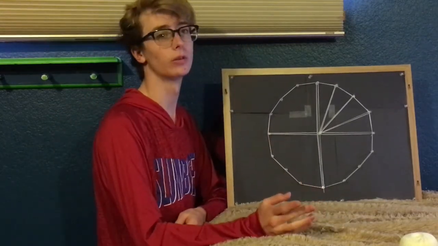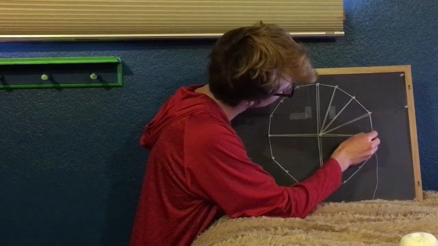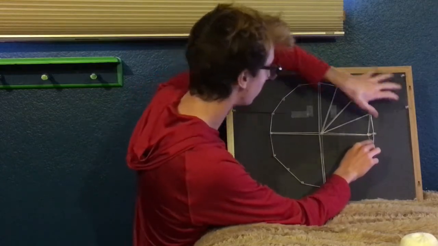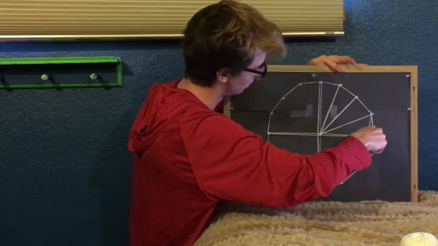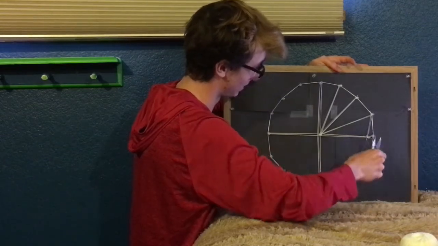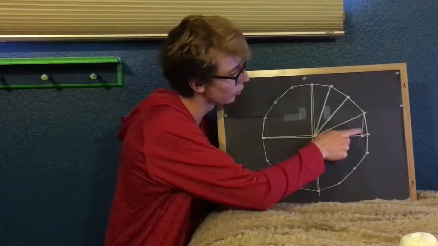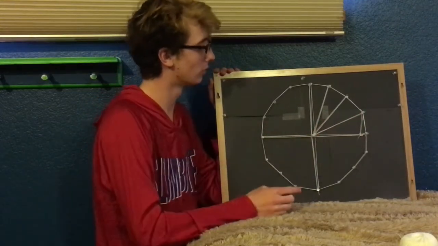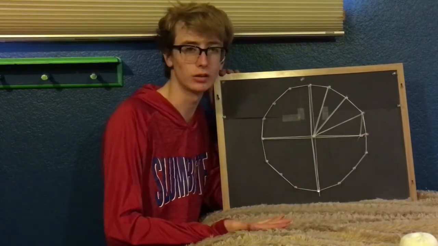Now, this way is sort of an XY type of pattern, if you will. But watch what happens if I put a line right here. It makes a right angle. Now, as we described earlier, this was a 30-degree angle. So if we have a 30 degree, a 90 degree, oh my gosh, we have a special right triangle.